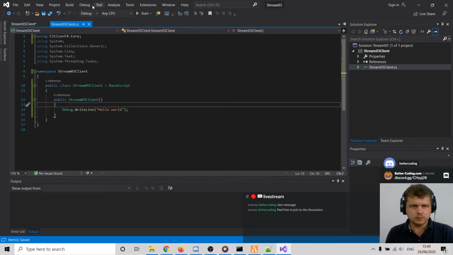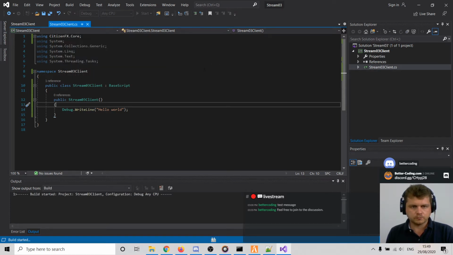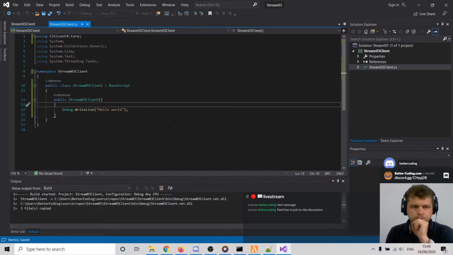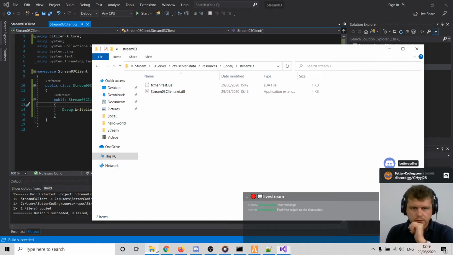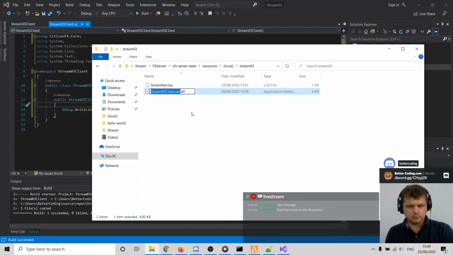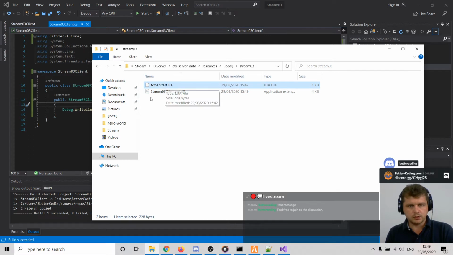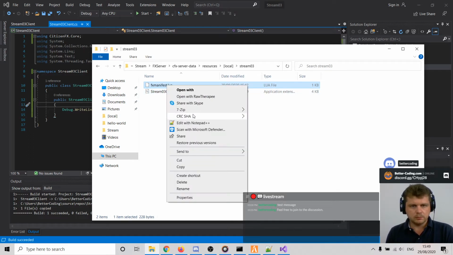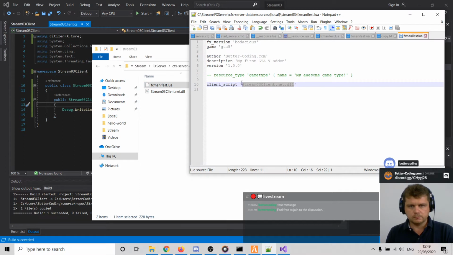Okay, let's build the solution now. It's our start point. Okay. So as you can see, the result file has been copied here. Let's ensure that I use the correct name. Okay, and now I'm ready to load